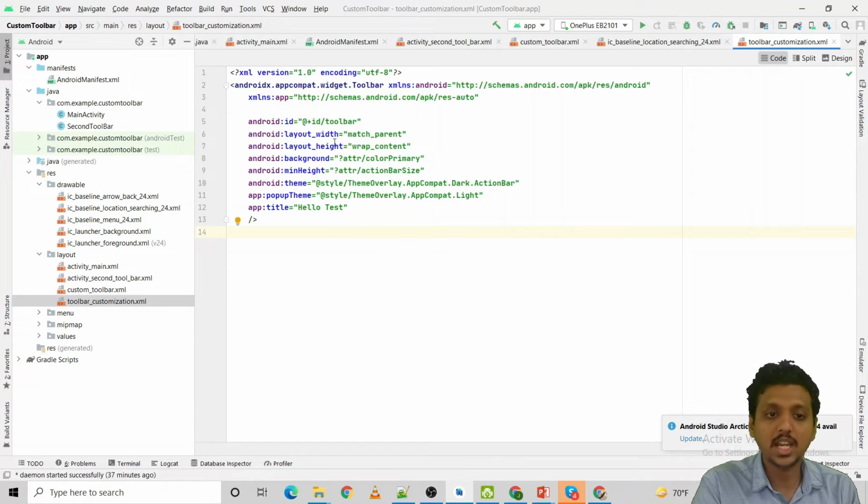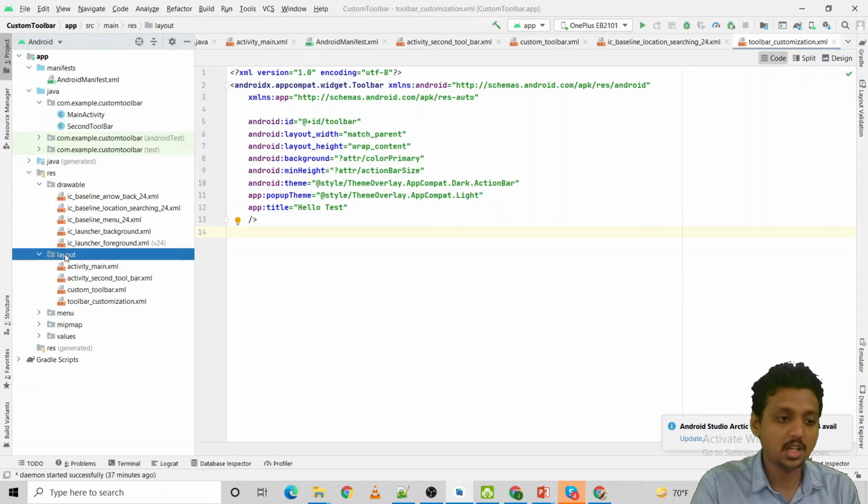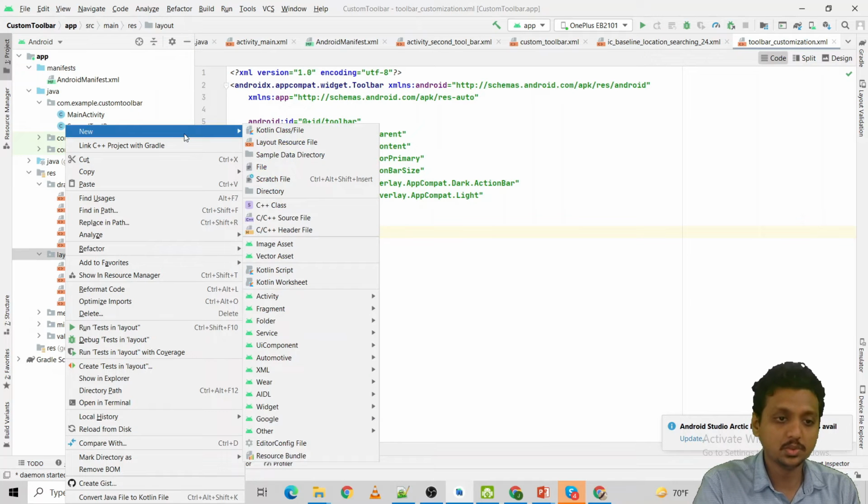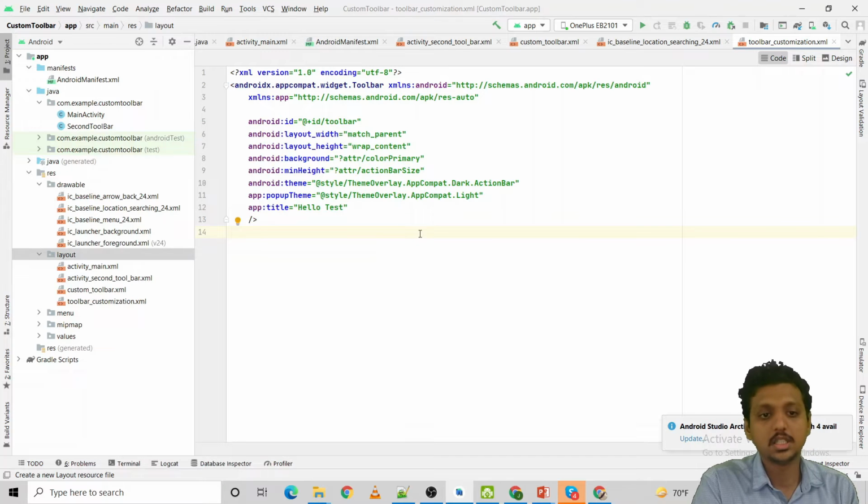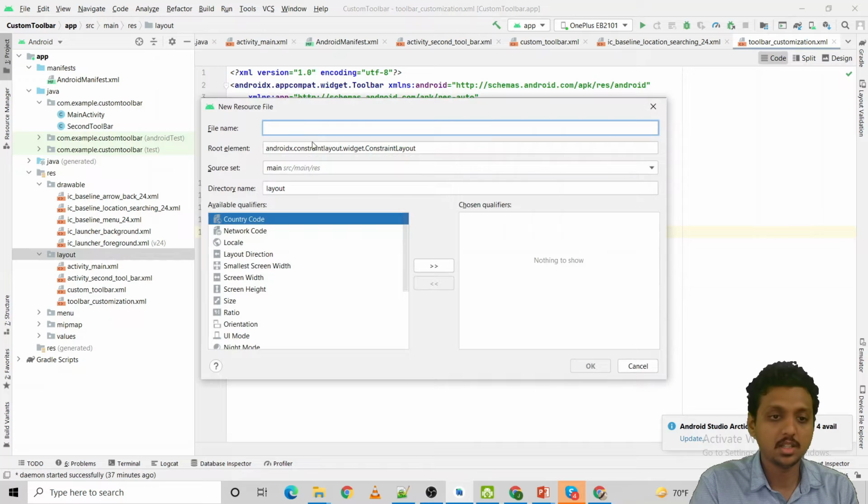How I have created this, if you want to know, then see, you just need to right click over here, new, make a layout resource file. Wait for some time.